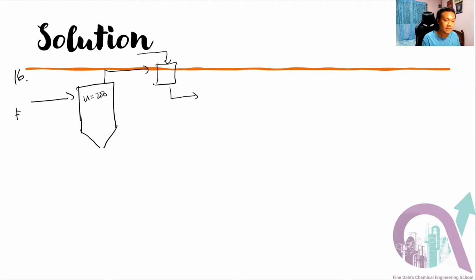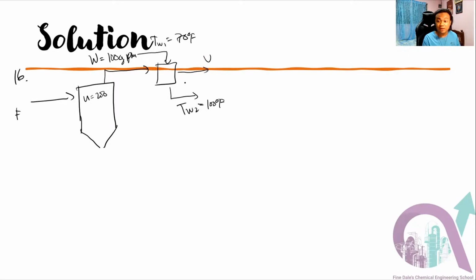So this condenser has an entering water temperature of 70 degrees Fahrenheit, and the water is 100 gallons per minute. And then you have the exit water temperature. And then this condenser is operating at,